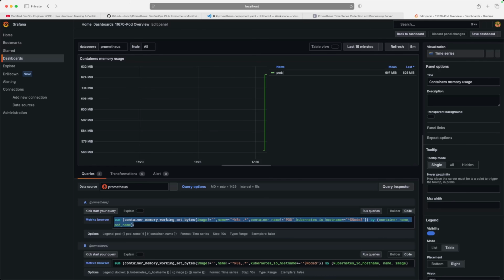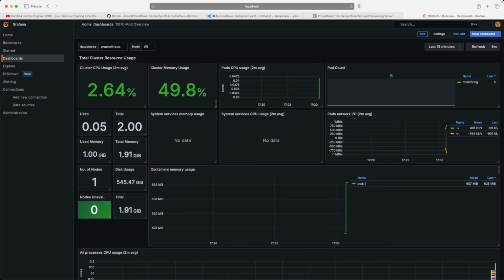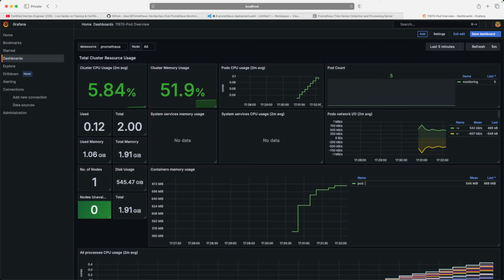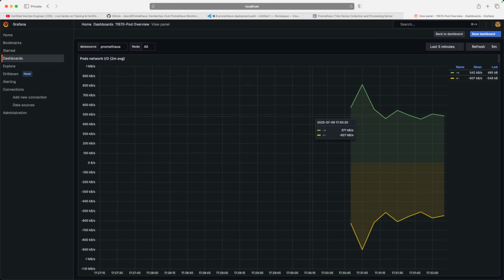Put it over here, run the query, you will be able to see. Okay, that's why we didn't spend much time on Grafana, because when I started these things, importing a dashboard was there, but now we have so many amazing dashboards. So just go play around with it, and accordingly, if you want, you can also